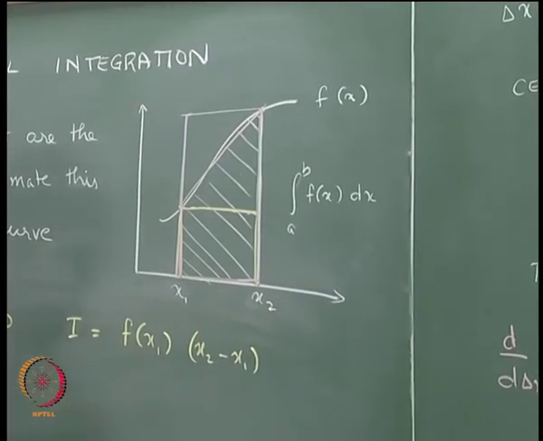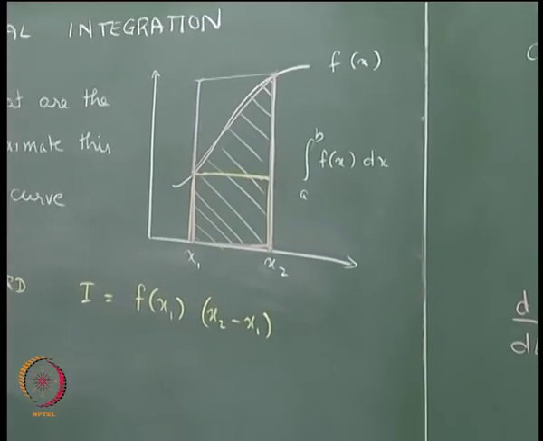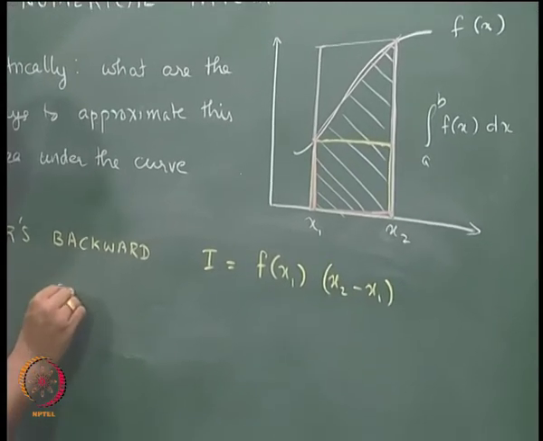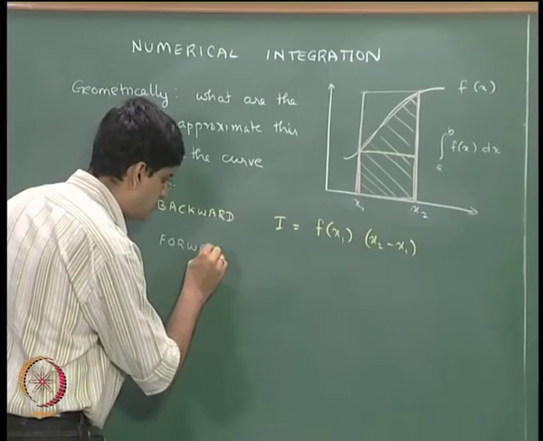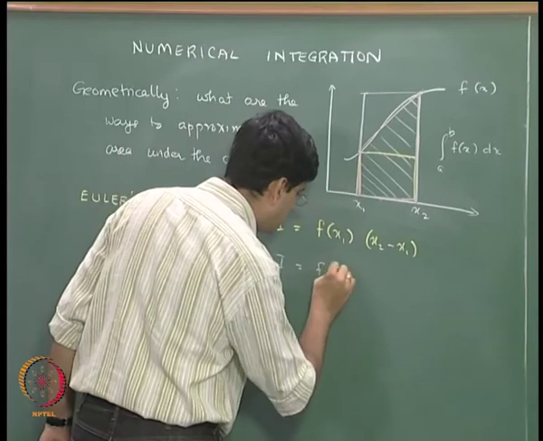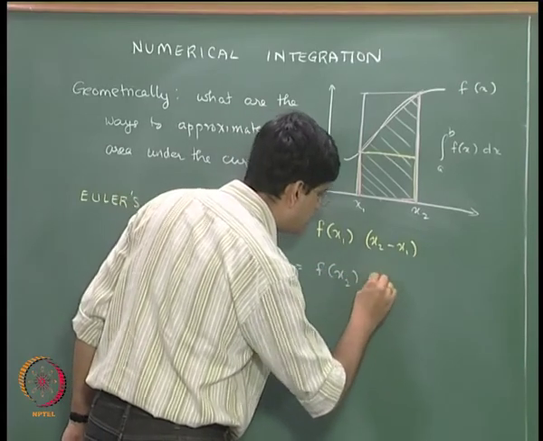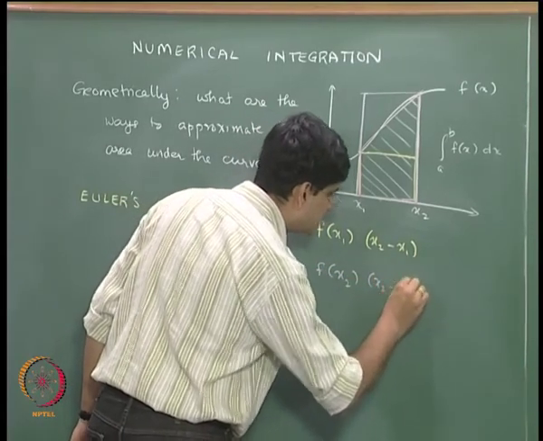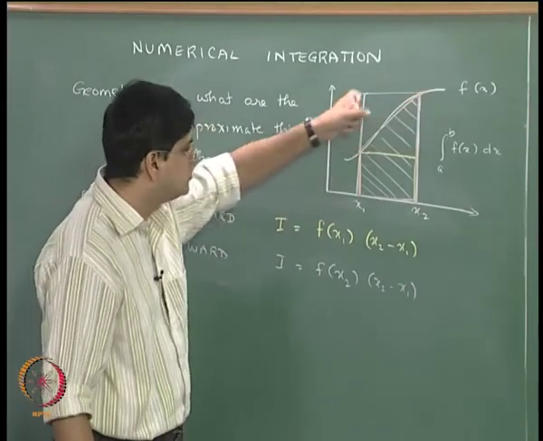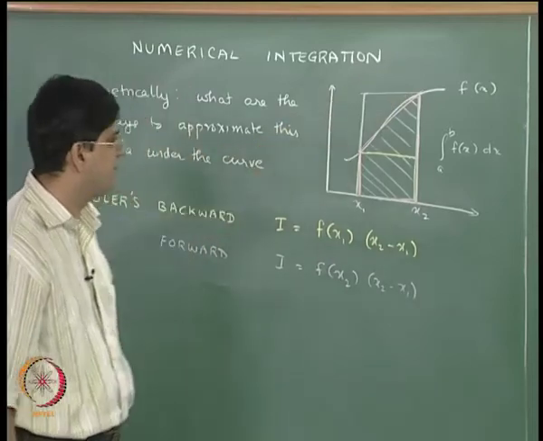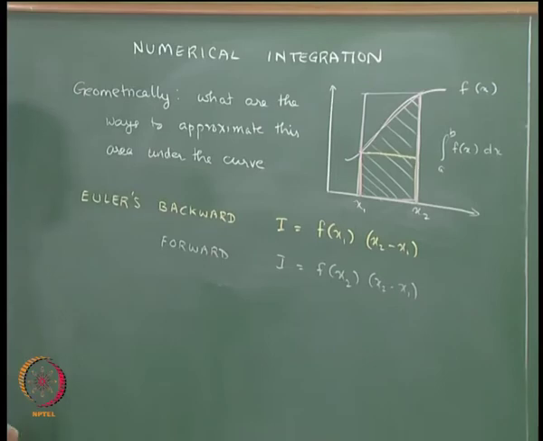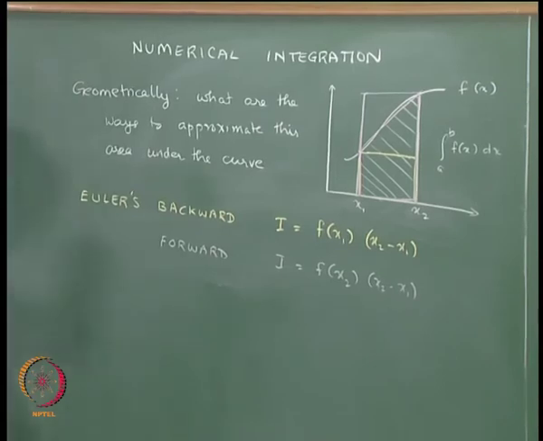So the integral I is going to be nothing but f of x1 multiplied by x2 minus x1. The Euler's forward method is going to be I equal to f of x2 multiplied by x2 minus x1. Okay, so this is f of x2 and this particular area for this rectangle is f of x2 multiplied by x2 minus x1. Okay, that is the Euler's